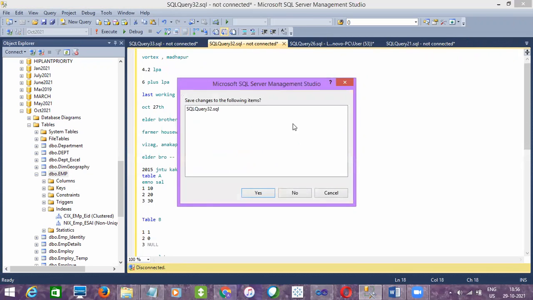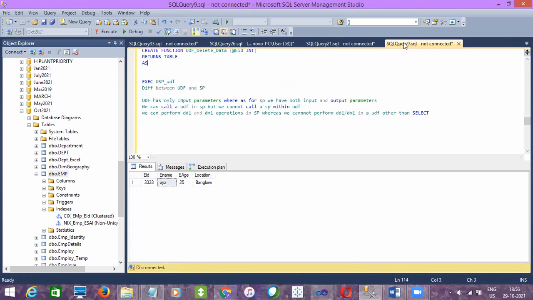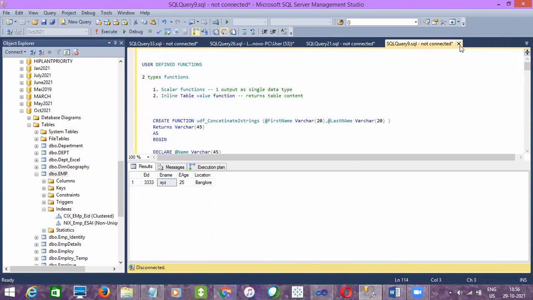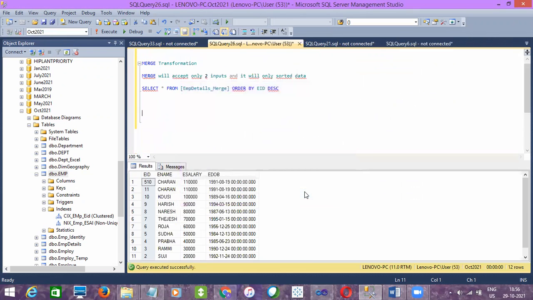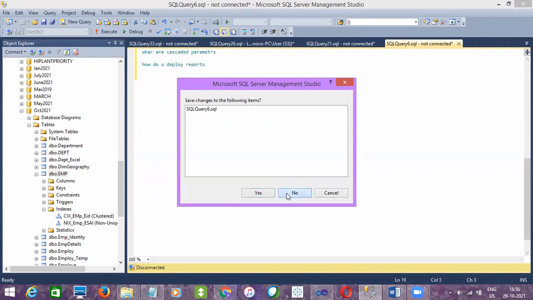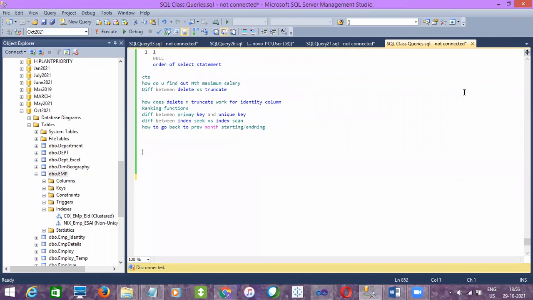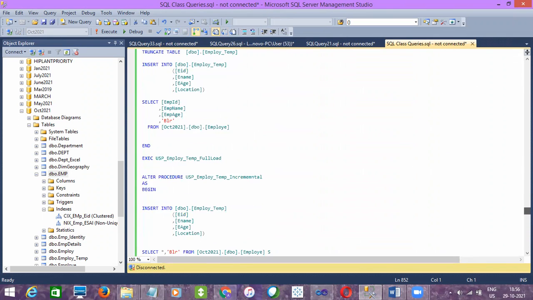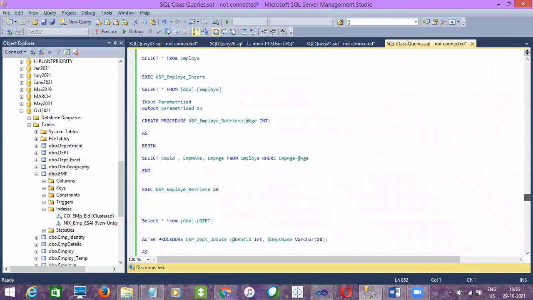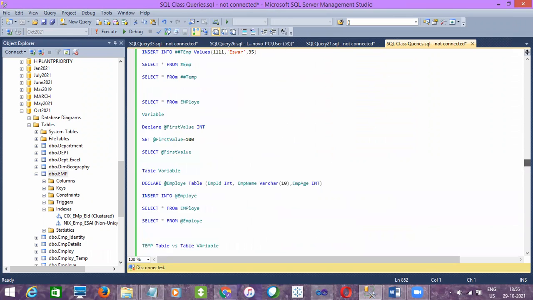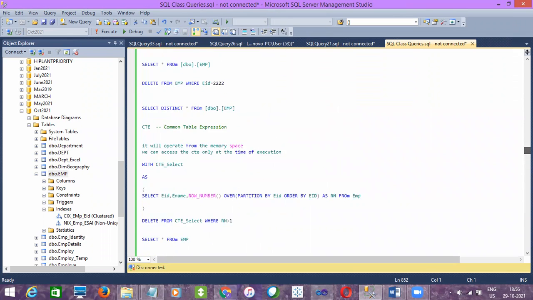With dense rank, by using identity. With CTE, I did not tell about deleting duplicates. CTE, that is in dense rank.